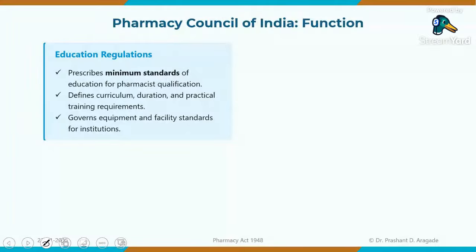Education regulation is the document which defines the syllabus, curriculum, duration of course. So B Pharm 4 years, D Pharm 2 years, or practical training requirement after completion of your course, isn't it? Or which can give the list of equipment and the facility standards which are required to be maintained